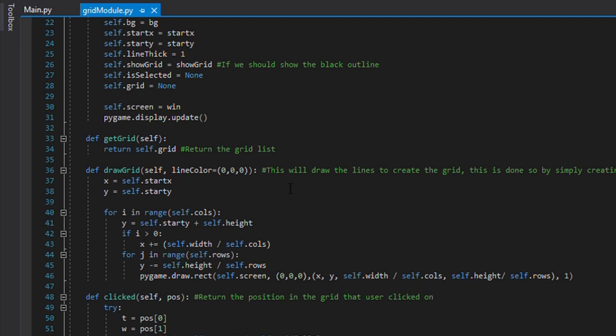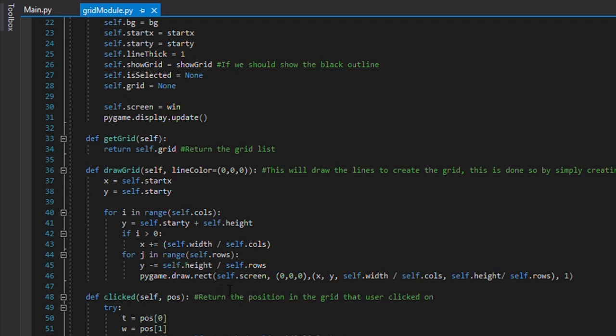Moving on, I have another function called the drawGrid function. Now this function is used to draw the lines in the grid. How I will draw the grid is that we will simply create overlapping boxes or rectangles, and that will give an effect of a grid. So first of all, I've just used some variables, and using loops and some simple calculations, I am making rectangles using the pygame.draw.rect method.